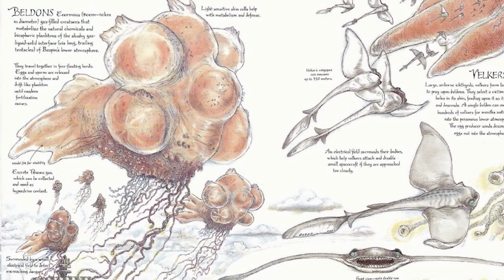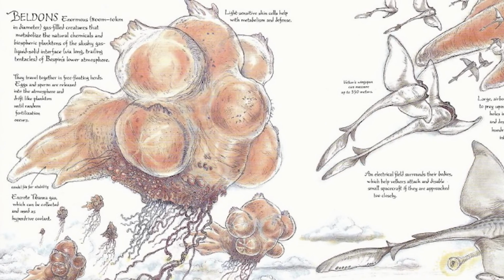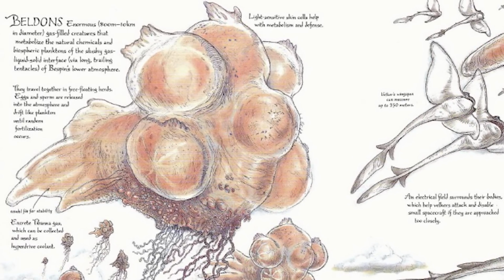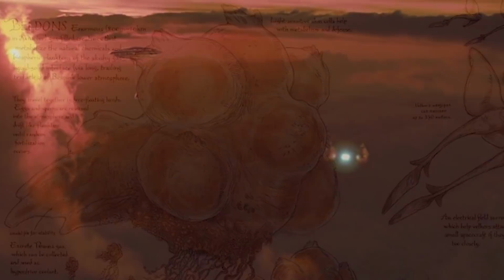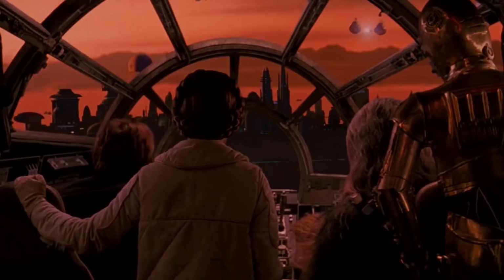Beldons and the other creatures of Bespin were, to my knowledge at least, pictured for the first time in The Wildlife of Star Wars, a field guide, a wonderful book which, as the title would suggest, gives information about the various creatures in the Star Wars universe. The Beldons were incorporated into the new Star Wars canon with the Ultimate Star Wars reference book. However, Star Wars Battlefront II is their first major appearance, and it appears that nothing has actually changed since